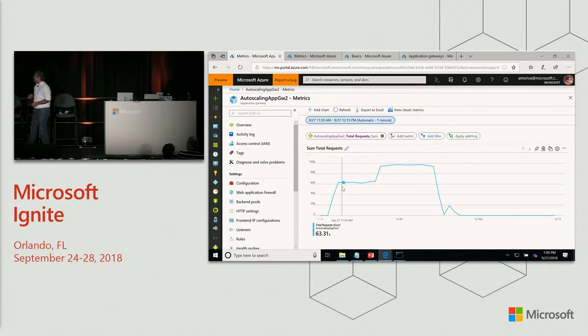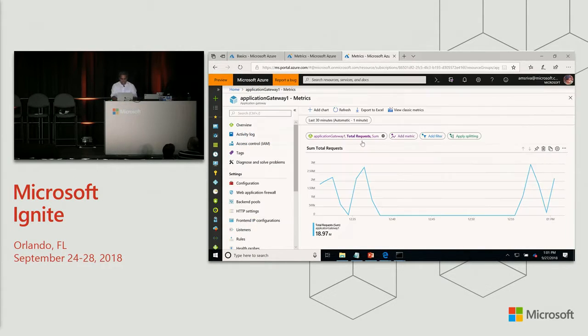It goes from 60K to 90K. And you can see that it's a smooth step function. And then after we stop the load, it cools off for some time, and then it reduces the number of instances again. And you can see that load at that point turned down. So with that,